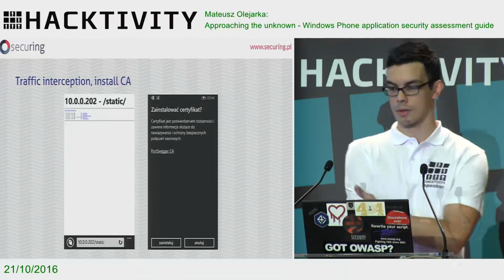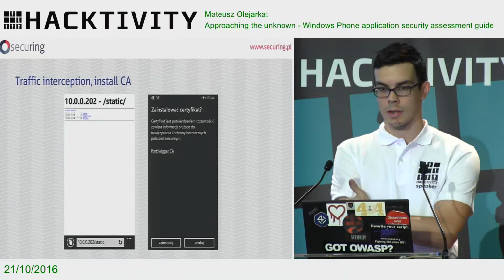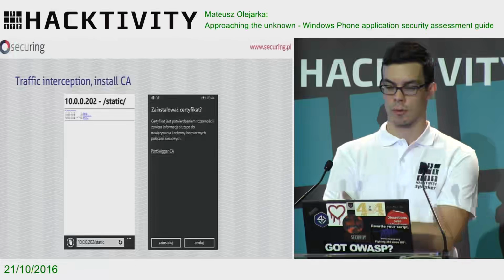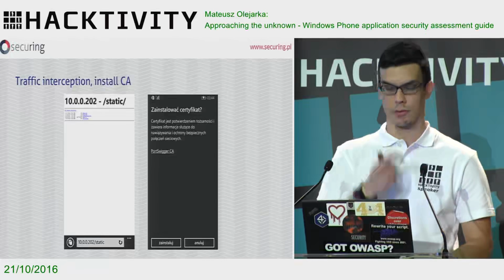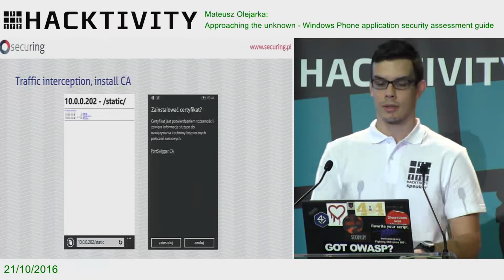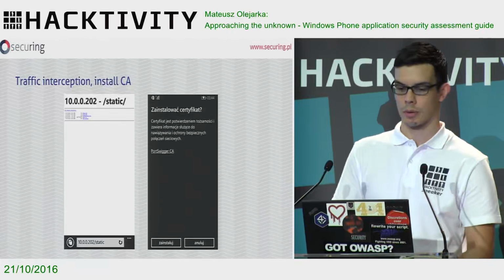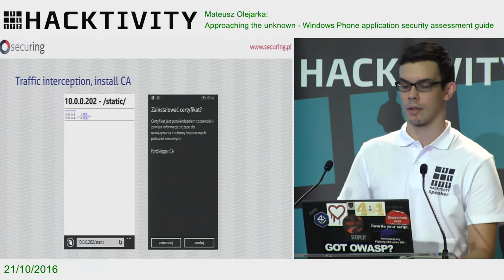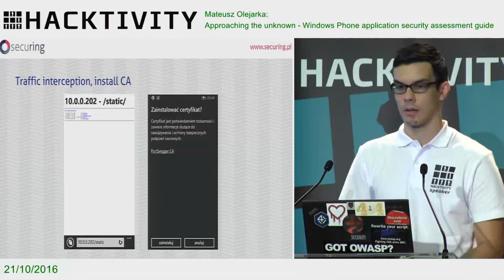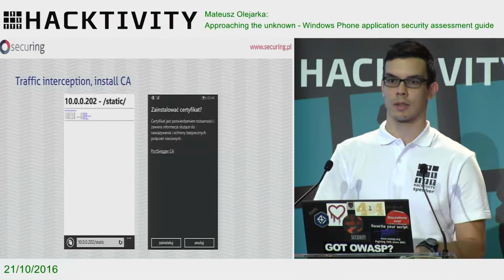One more trick: the whole internet says that if you wish to grab traffic from Windows Phone, you need to use Fiddler. The trick is that Burp exposes its CA certificate as a DER file, which Windows Phone doesn't accept.